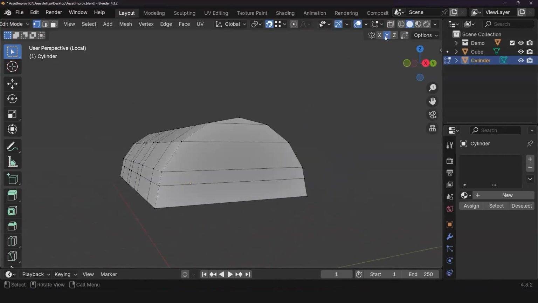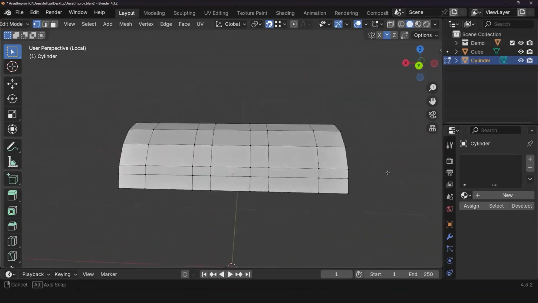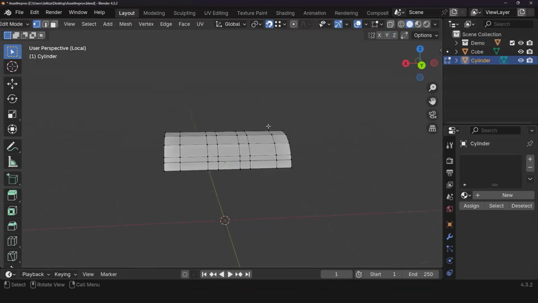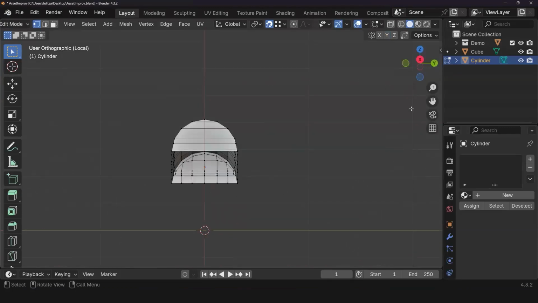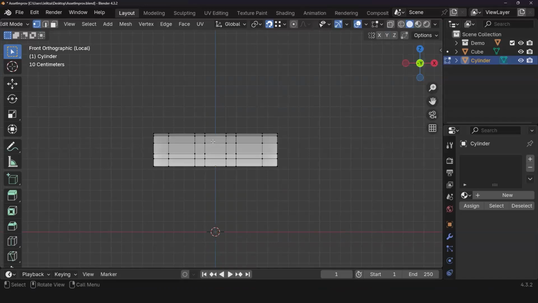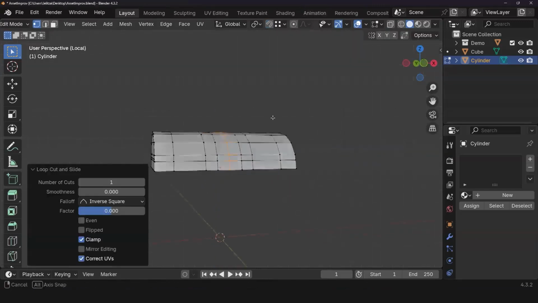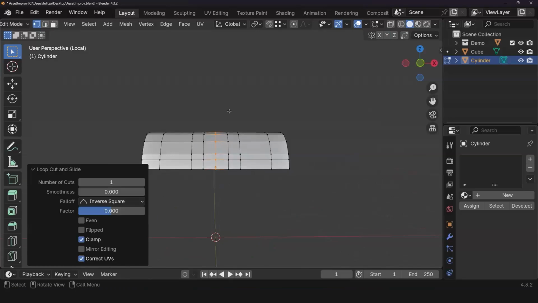Oh, and I forgot I had symmetry on too. Ooh, so many things happening. All right, so I'm going to bring out the big guns. I'm going to do Control R, and yep, turn that off.